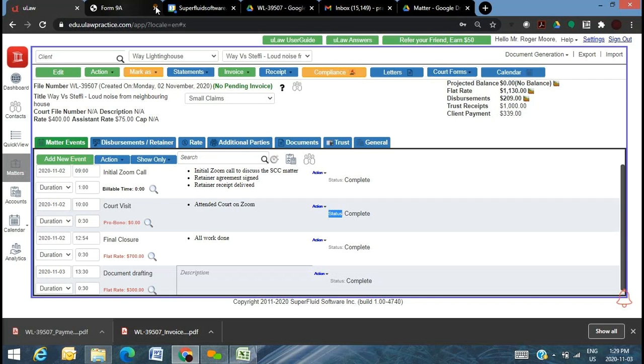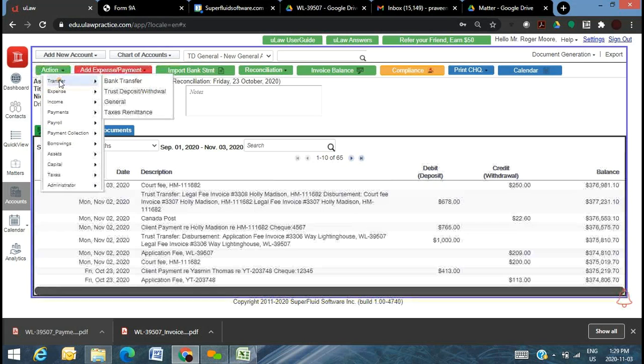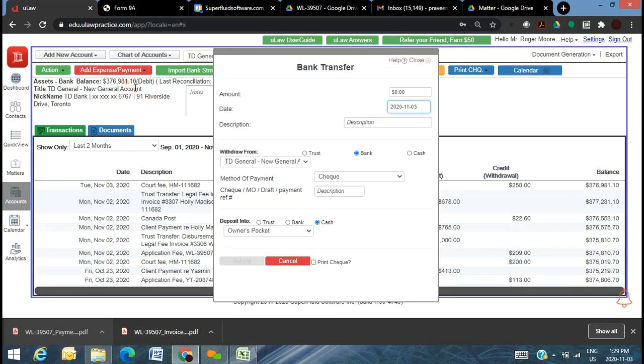Okay. So as I mentioned, if this is going to be in your hands and you're just spending that $339, that's perfect. But if you want to account for taxes and things of that nature, or if you move that money from the owner's pocket, there's a simple transfer where you move that money, whatever you did in real life. We're just asking you to replicate that. You can now move that amount, payment from Way,